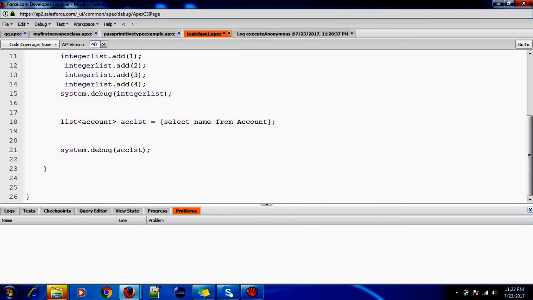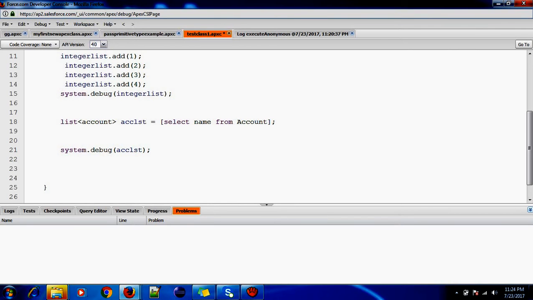Like, I'll show you. This is a collection. In collection we have list, set and map. I'm talking about list. Next I'll talk about map, then I'll make another video on set.